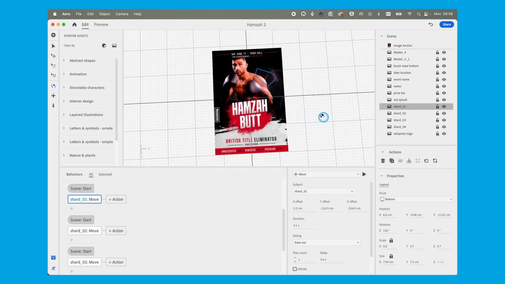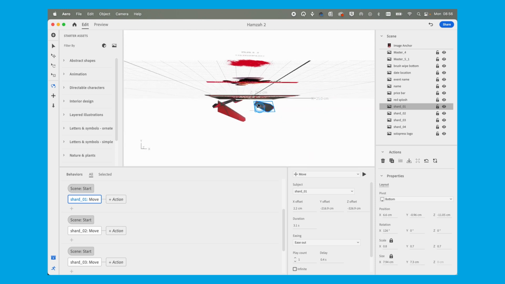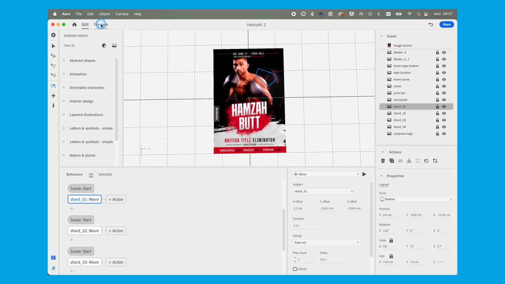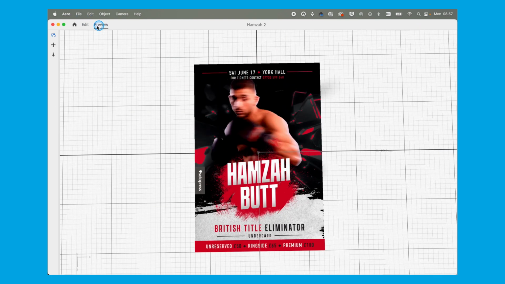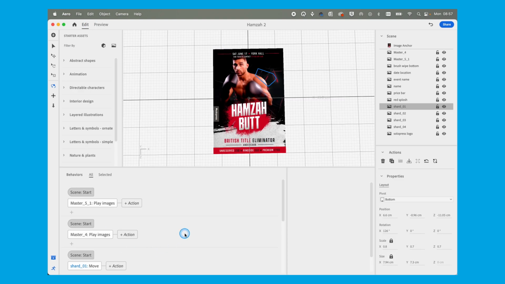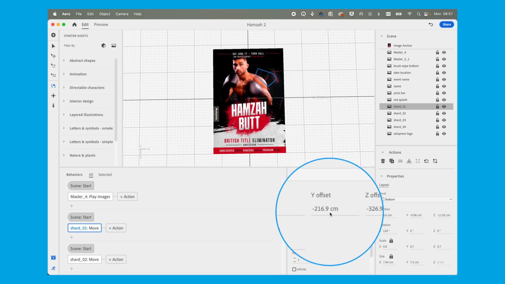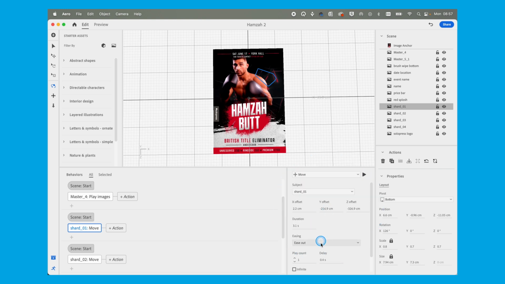The finishing touch I wanted to add to the experience was having some shards of glass, these shards here, flying out of the poster and over the shoulder of the viewer. And if I go to preview, you can see it right at the start. The way I did that was, I added my shard, and that's just a PNG, and then I added a trigger, so start, and then when you've got your object in there, you can add the properties. So these coordinates here are where you want the piece of glass to end up, so these are flying out over 2 meters out of the poster, so hopefully coming over the shoulder of the viewer.